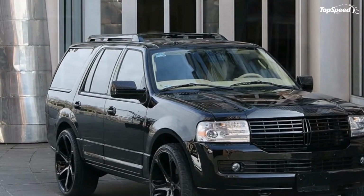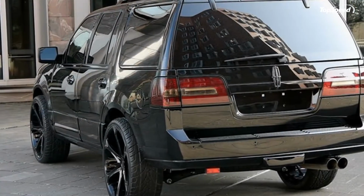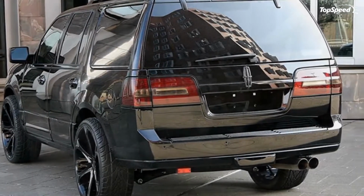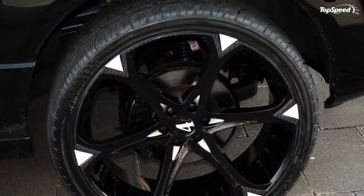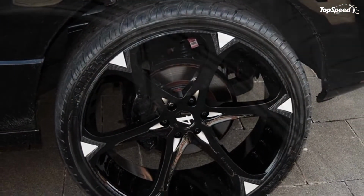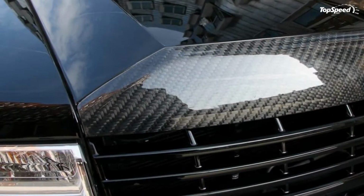The 2012 Lincoln Navigator Hypergloss Edition by Anderson, Germany. Anderson, Germany has a way of turning less glamorous vehicles into pieces of tuning art. Their latest project involving the Lincoln Navigator is proof that their tuning talents cover just about any vehicle they can